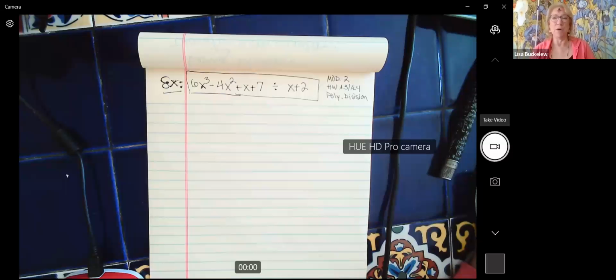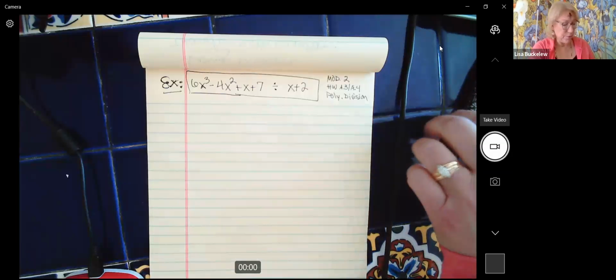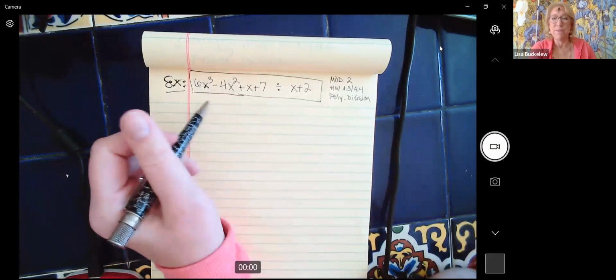Okay, so let me see. What I want to do first is remind you what long division looks like in case it's been a minute since you were in 5th grade or whenever it was that they first taught it to you, and you may have been shown something completely different than the method that would be most useful to build upon for the polynomial division. So first of all, this is an example of when you need to divide one polynomial